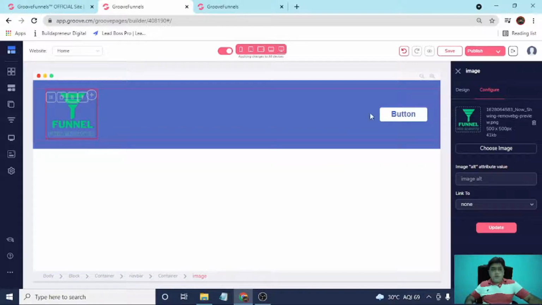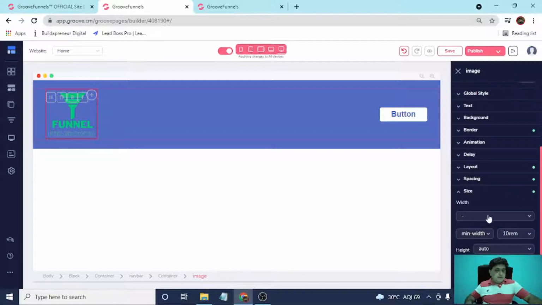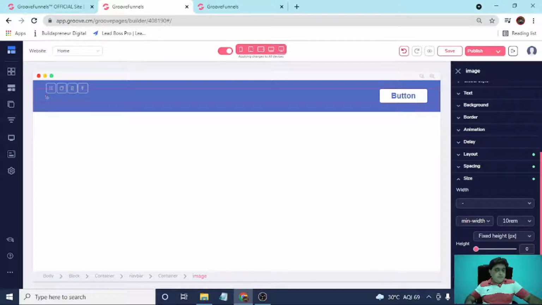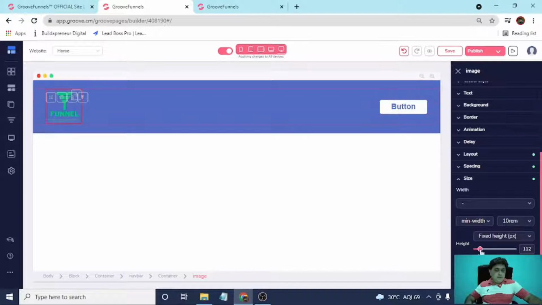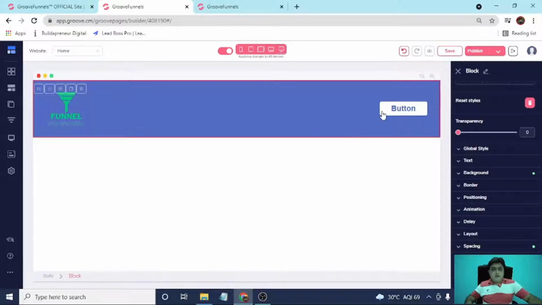Now we have to edit the size. Go to the size section, go to the auto, click on fixed height pixel and make it 123. It's okay.